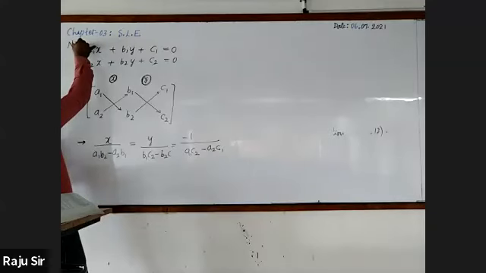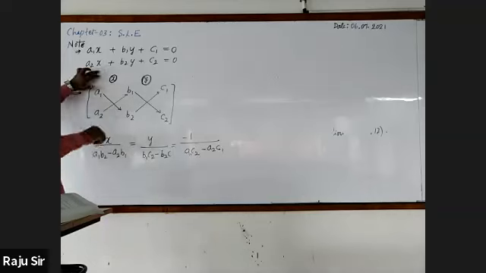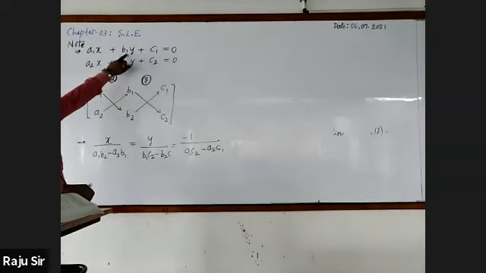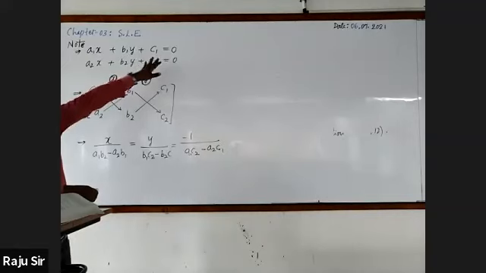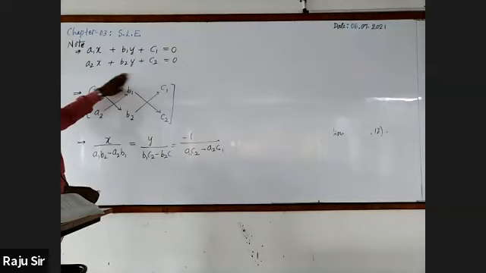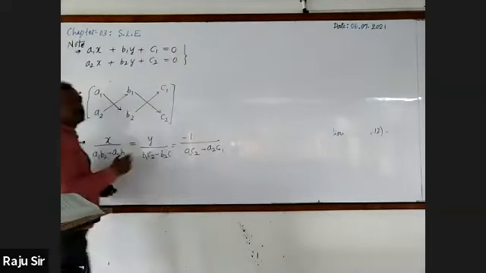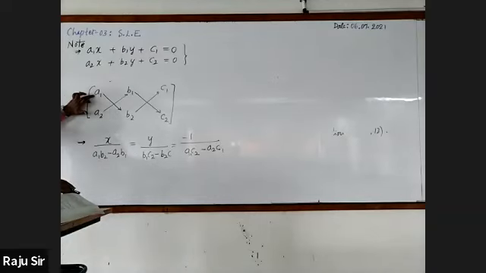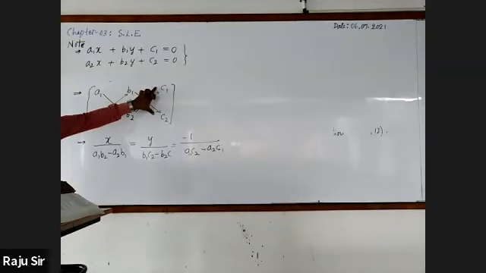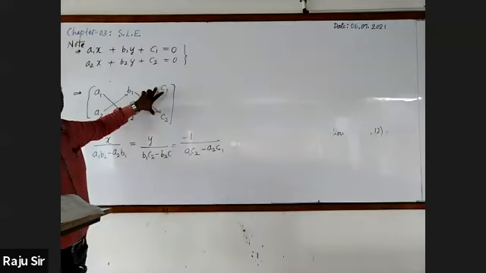Instead, below that, you will just write note. Write this general form. A1x plus B1y plus C1 equal to 0. A2x plus B2y plus C2 equal to 0. Then these two equations are taken together. Now you write the coefficients: A1 A2, B1 B2, C1 C2. That is your question. That question only you have to copy, sir. No, it's not question. First information. Afterwards, I'll go for taking a particular problem.